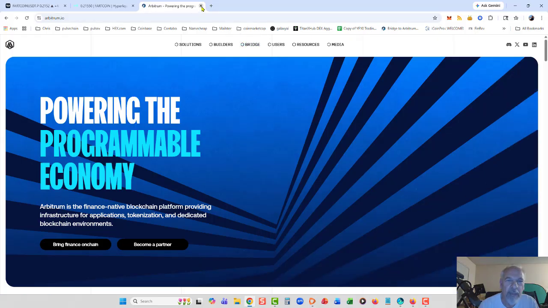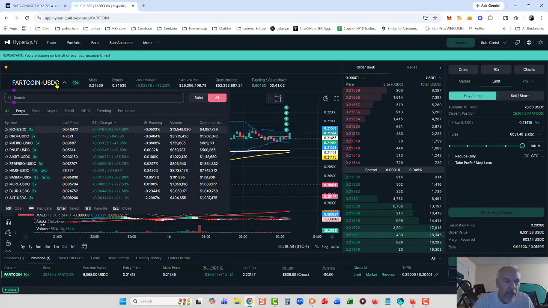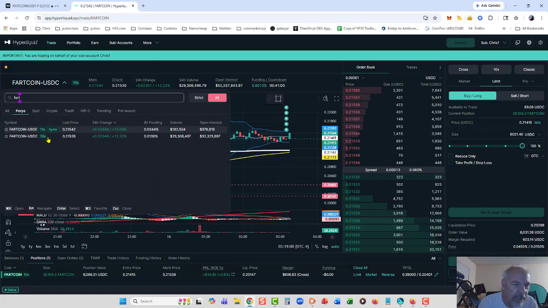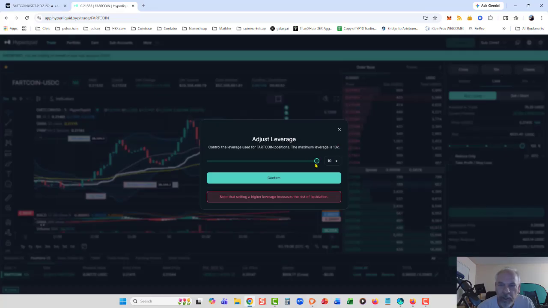So okay, Hyperliquid, all I did was I went over to the perpetual contract fartcoin.usdc. There it is right there. And it gives you all the information here. Now you can control your leverage. You can buy it on spot with no leverage, or you can use leverage. I bought this on 10x leverage, which,